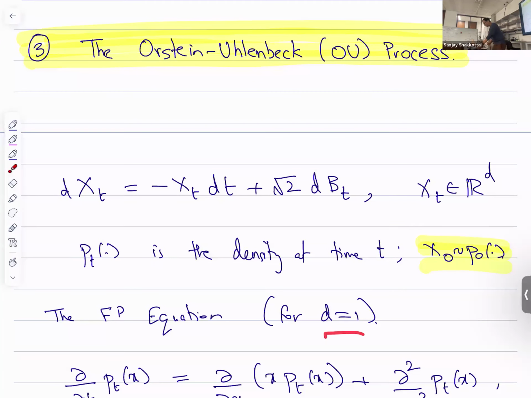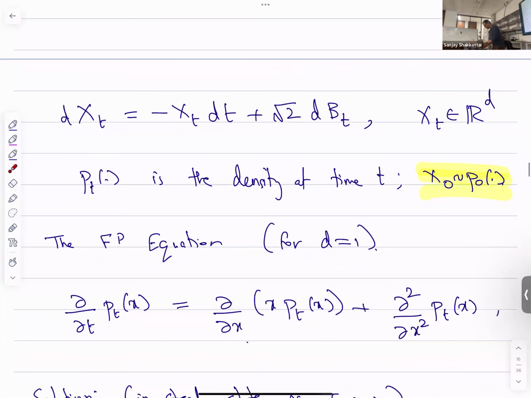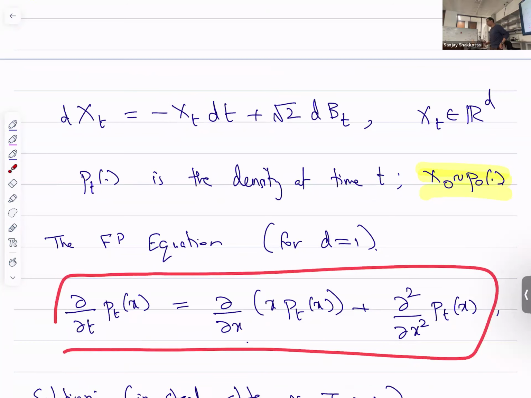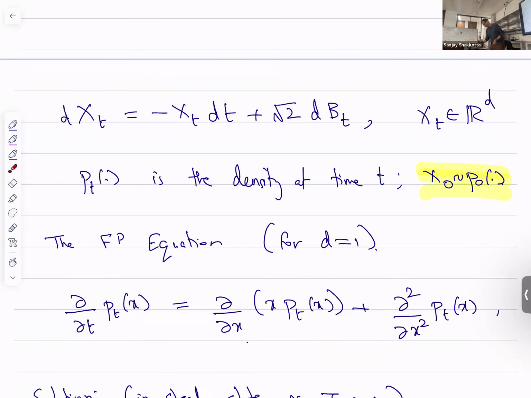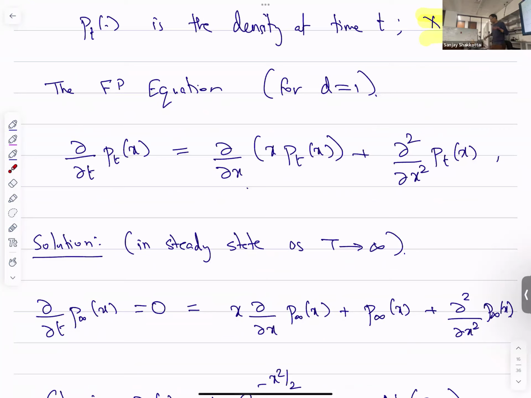So in the d equal to 1 case, what's the Fokker-Planck equation? Well, del p_t by del t is the negative of the vector field, so minus of minus x is just x times the density, plus half times root 2 squared, which is just 1, times del squared by del x squared of p_t. So this is the density evolution of the Fokker-Planck equation of the OU process. And let me try to work this out in steady state, meaning I'll set t equal to infinity. If I set t equal to infinity, the time derivative is 0 because, quote unquote, this is steady state. So I just need to